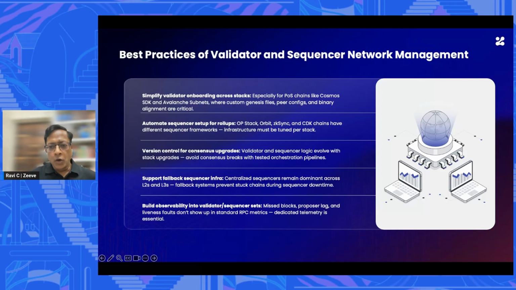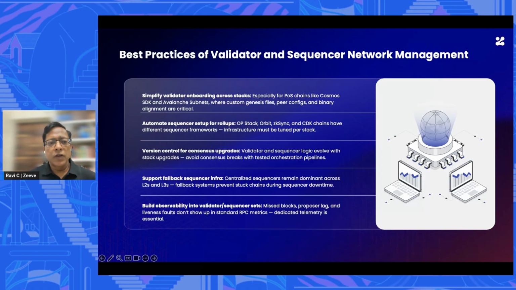So one is, as I mentioned, onboarding access, so that anyone can easily become a validator on your chain. Now it can be a simple documentation, how to onboard, and people can launch their own validator node on your chain. Or it can be resorting to a platform like Zeeve to create one-click validator onboarding, so that even non-technical users can simply make a few clicks and launch a validator on your chain. And similarly, the same goes for the sequencer, or let's say, in the case of optimistic proofs, verifier nodes. Same as goes for validator nodes in the sovereign L1s. Similarly, having verifier nodes or sequencers, making it very, very easy and highly available.